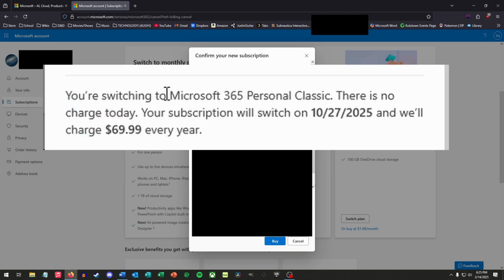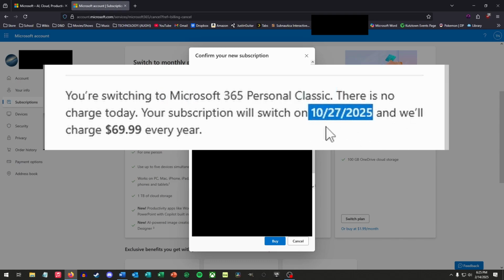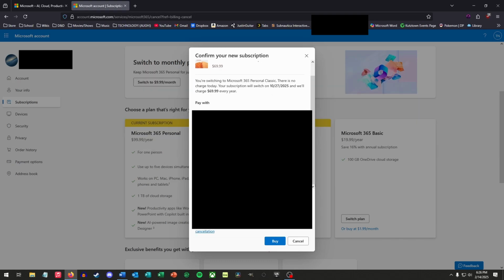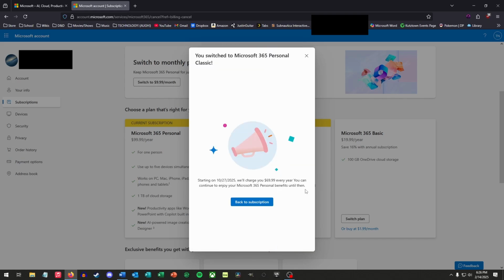As you can see, this is not going to delete all of your documents and data. The next time I pay my annual fee, though, it'll be a whole $30 cheaper. I'm already sold on this, so I'm going to click to change my plan. And voila! I still have all my stuff, and I still get to use Microsoft Office and OneDrive, but I'm not paying $30 a month for an AI service that I don't use or want invading my workspace.